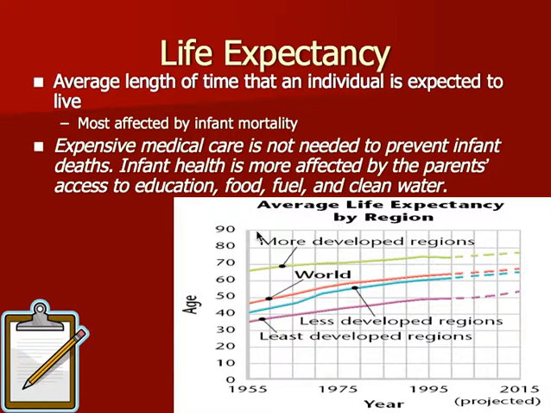Here you can see this graph of life expectancy, and you can see pretty clear signs of developing nations or the least developed nations, and then developed nations or the most developed nations here in the yellow. So these are all projected, but we are in 2015 here. So our average life expectancy is about 78 years, whereas in a less developed country, the average life expectancy